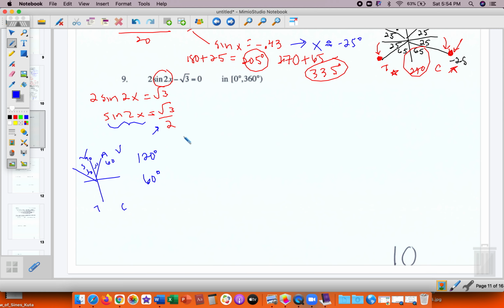Now, what we want to do is, because we're talking about a double angle, we need to double this. So we're really going to be looking at values from 0 to 720. We have to have a new range because of the multiple angle. So if we spin around one time, 360 degrees, we hit a sine value of root 3 over 2 at 60 and 120. But then if we loop around again, if we do one more loop, let's see,